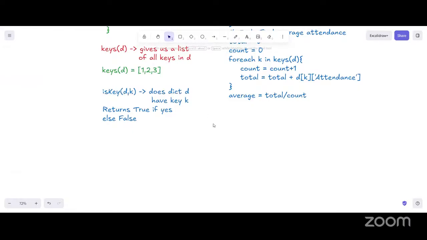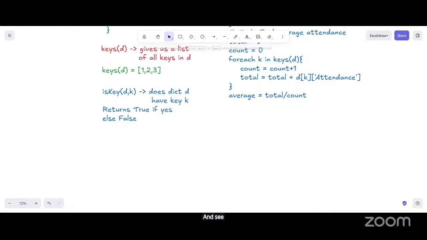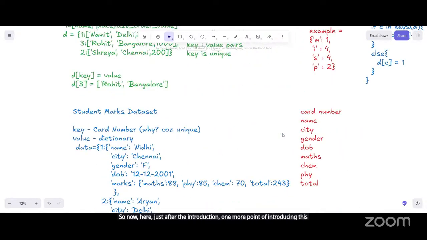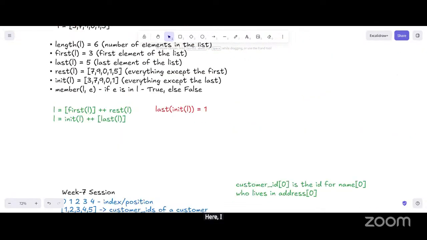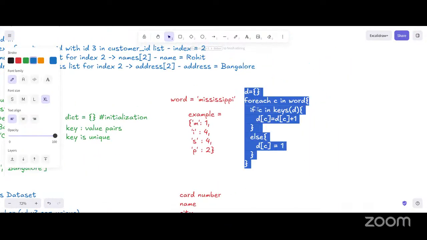Okay. So I think I have covered more or less everything that I wanted to. Let me just go through the slides once more and see. So now here, just after the introduction, one more point of introducing this was, here I can do this also. If